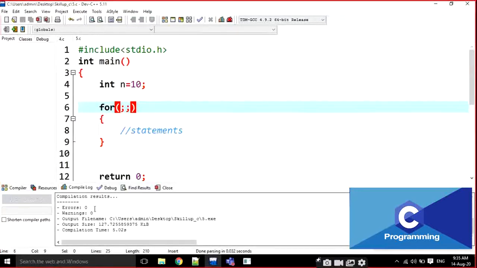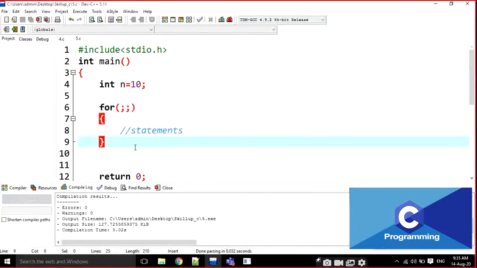That means all the blocks are optional here. The semicolons are mandatory. That's it. The syntax of the for loop is this one: two semicolons means three blocks, and the blocks are optional. If you write or don't write them, it is not mandatory.